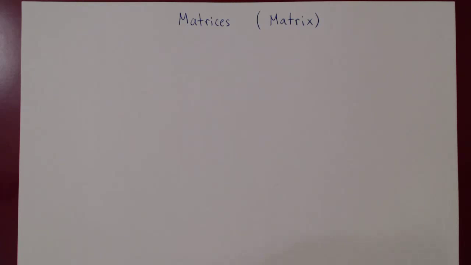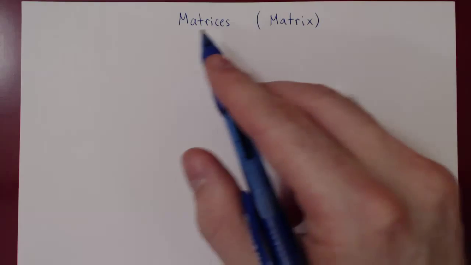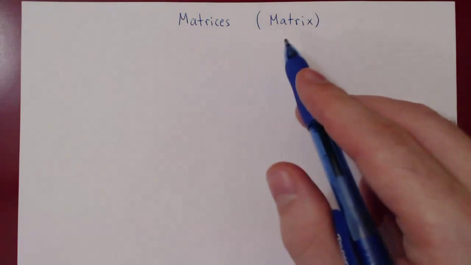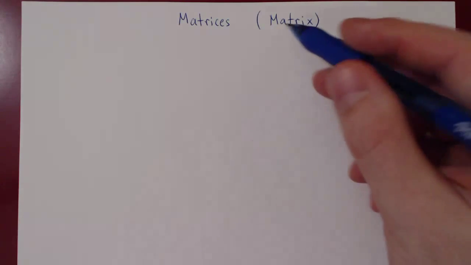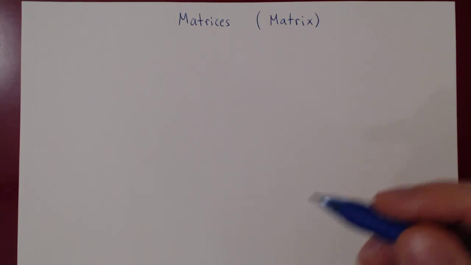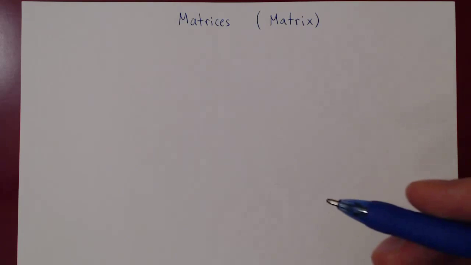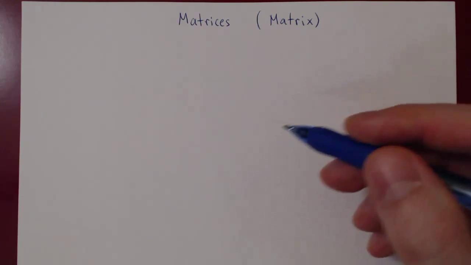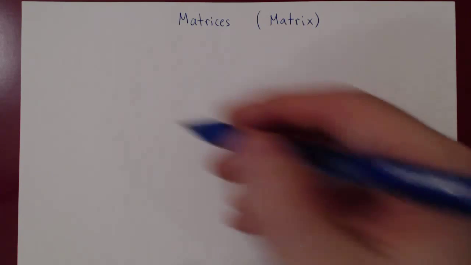Okay, so in this video, we are going to discuss matrices. Now, matrices is simply the plural of matrix, and all a matrix is, is a rectangular array of numbers. So we'll look at a few examples and, along the way, introduce some definitions. So for example,